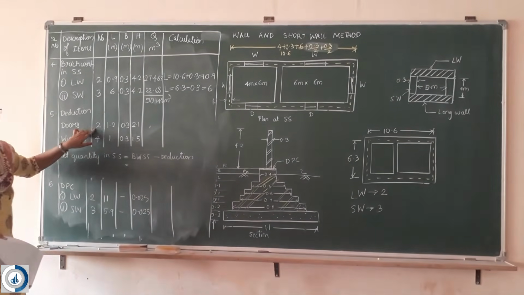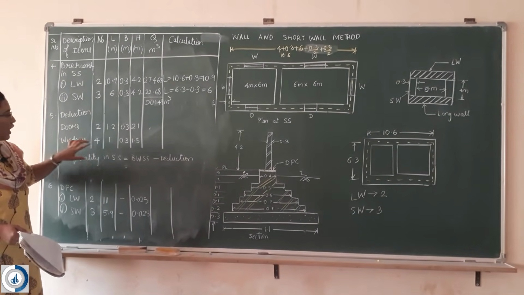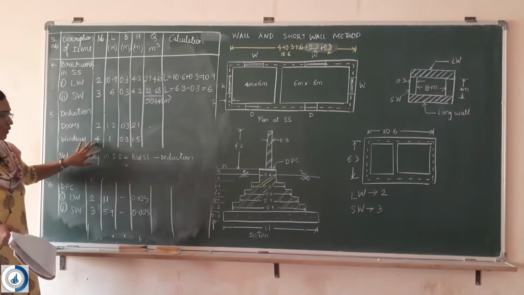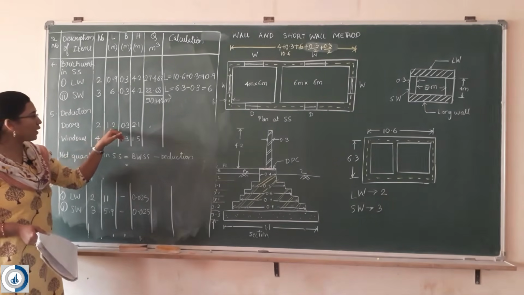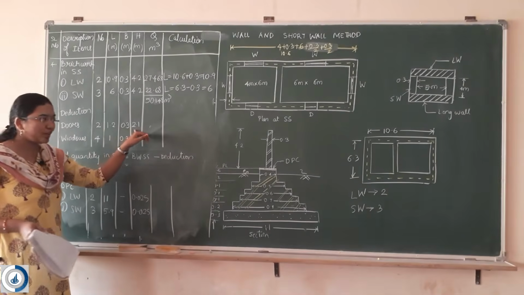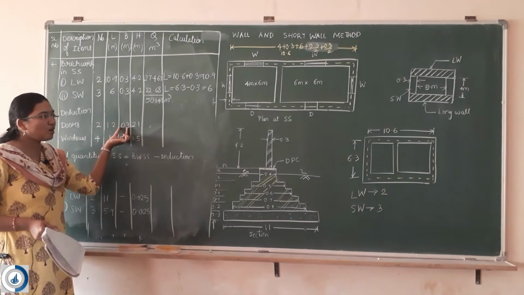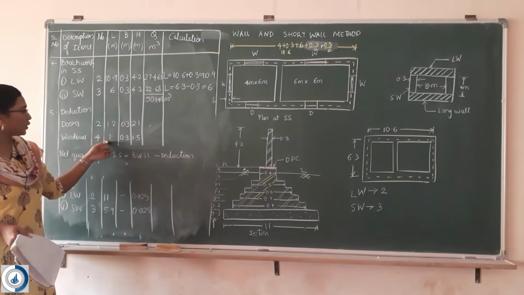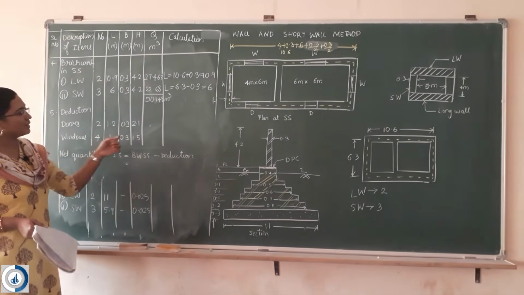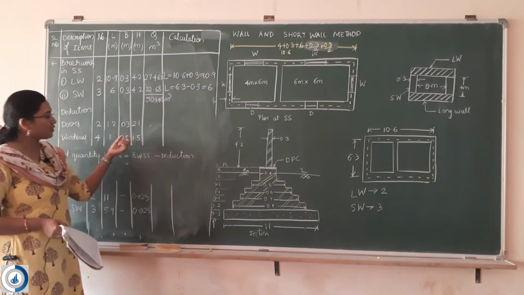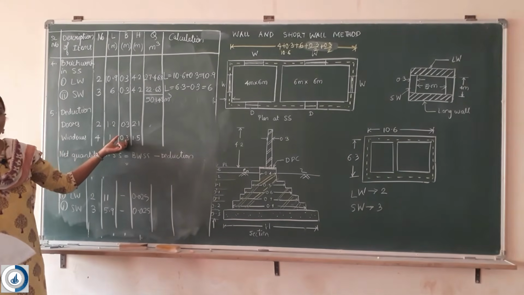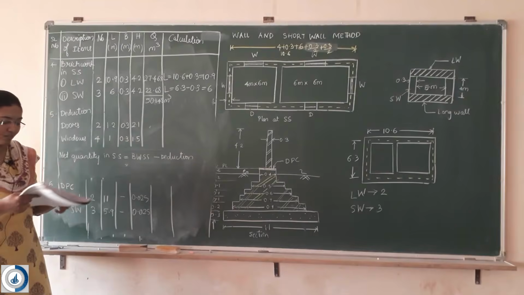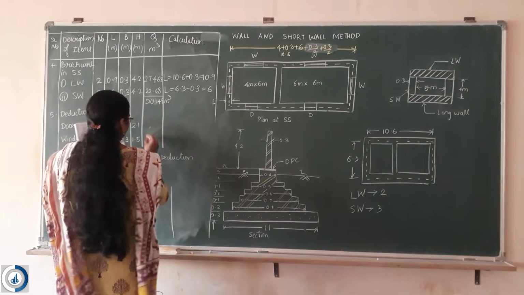So how many number of doors we have? We have 2 doors. How many windows? We are having 4 windows. So the door length is 1.2, height is 2.1, and the wall thickness here 0.3. Similarly for the window, we have 1 meter length and height of 1.5 and 0.3 meters of the wall thickness here. So when I multiply these, I will be getting